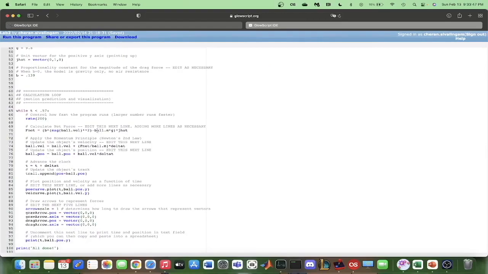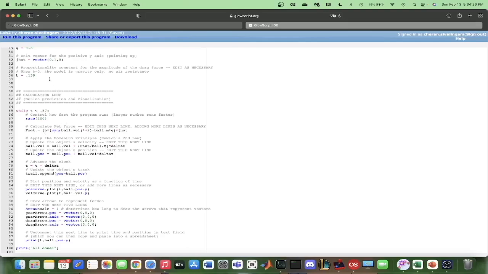The force of gravity is still there, but in the opposite direction, we have the force of drag. So this is calculated by using the proportionality constant, which is 0.139. This was found by trial and error to see which proportionality constant resulted in a similar end result position as the observed video. And this is multiplied by the magnitude of the velocity squared. So now we have the force of drag and the force of gravity in opposite directions, both affecting the motion